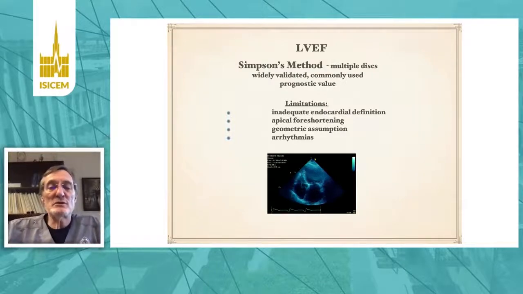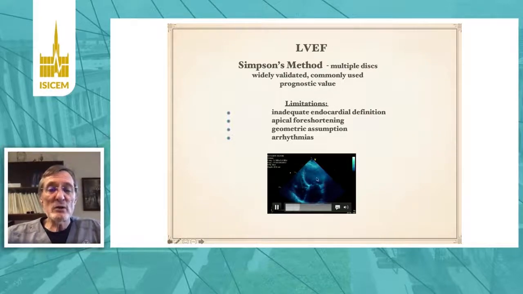Now, Simpson's method is very widely used. It's used every day in cardiology practice. It's got prognostic value, as I've pointed out to you. So what are the limitations in the intensive care unit or the emergency department? One is that you don't actually have good endocardial definition a lot of the time. So how do you track around the endocardial border when you have an indistinct endocardial border